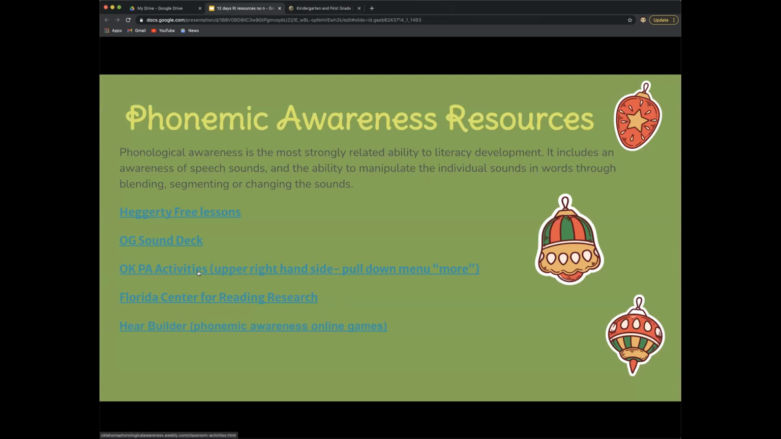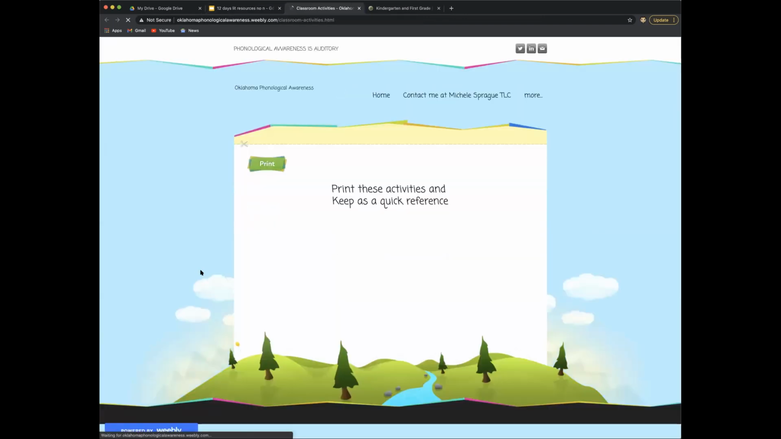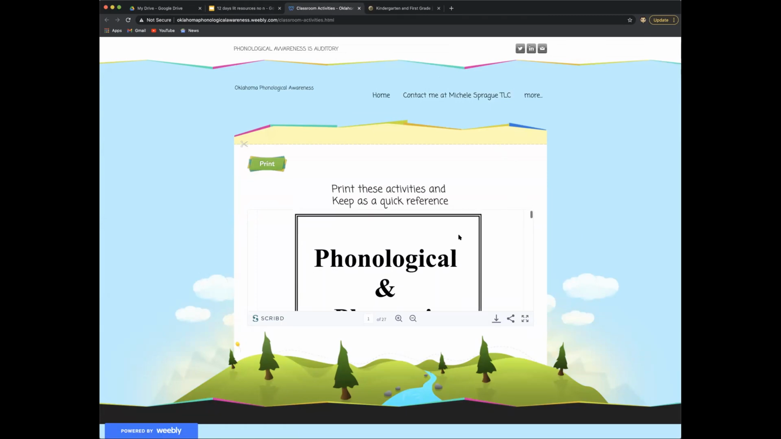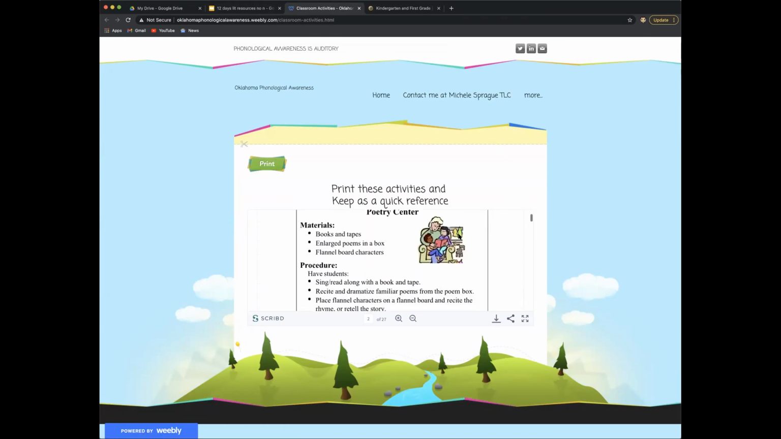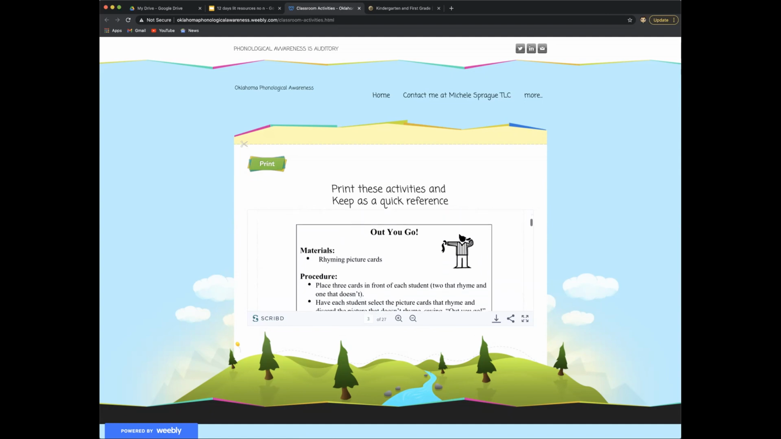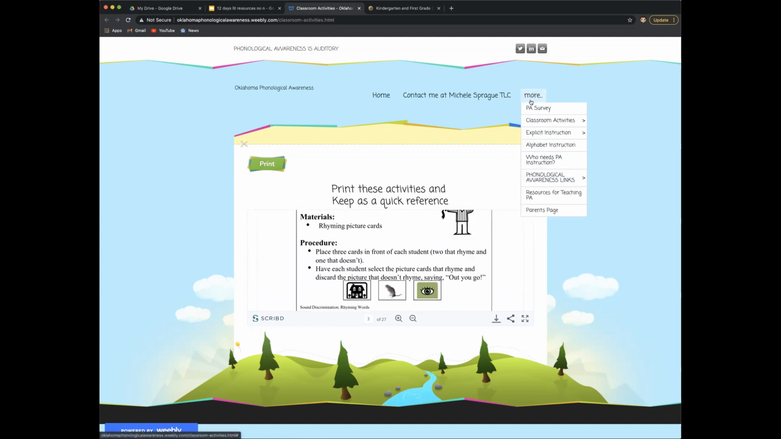I was going to skip over this one, but since it's just you and I'll show you really quickly. It looks a little bit kind of cheesy, and I was like, oh, I just don't know. But it is actually really good. It's another printable, you know, here's a quick reference. But if you come up here to where it says more, and you go to